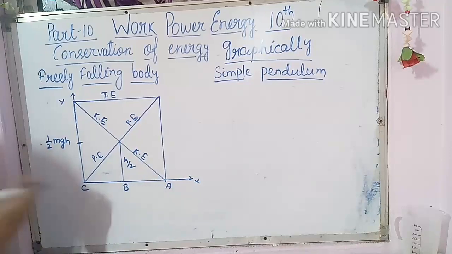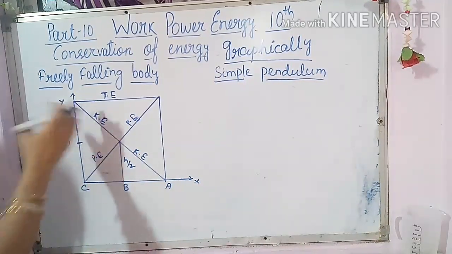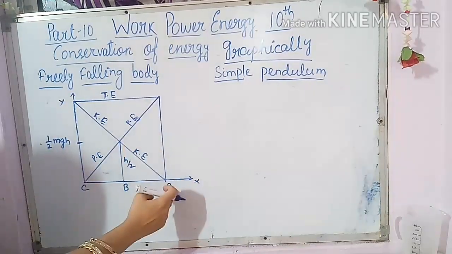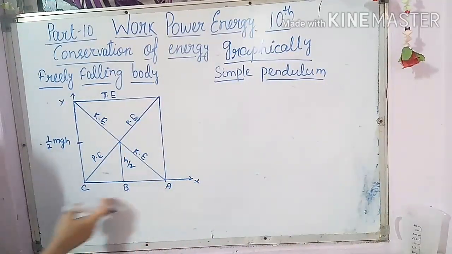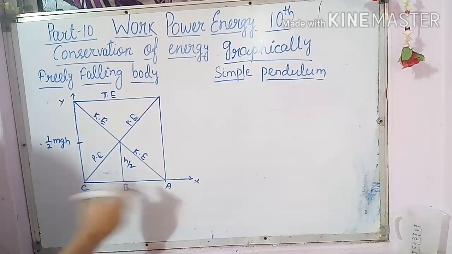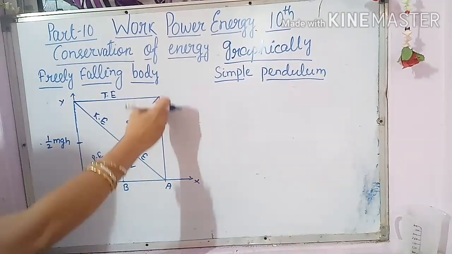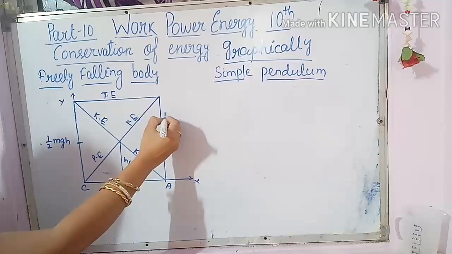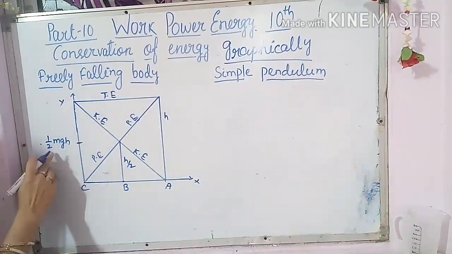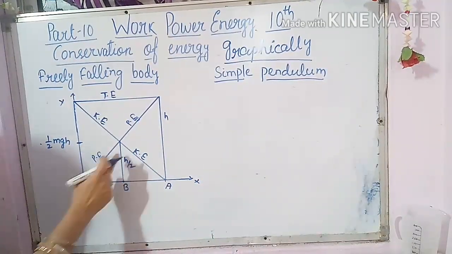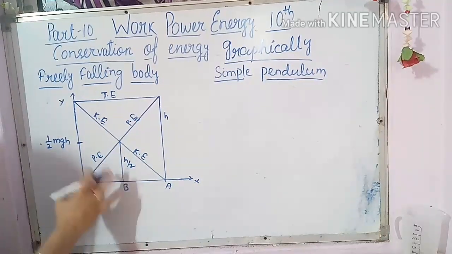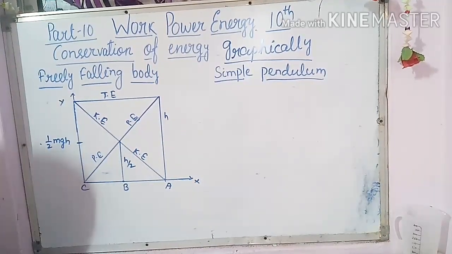The 3 positions of the fruit, or whatever the freely falling body. Now here, you have to calculate the total energy in between these 3 positions only. As it is freely falling, the total height is h, and this is your middle point, where the height is h by 2. Now you have to calculate the kinetic energy.